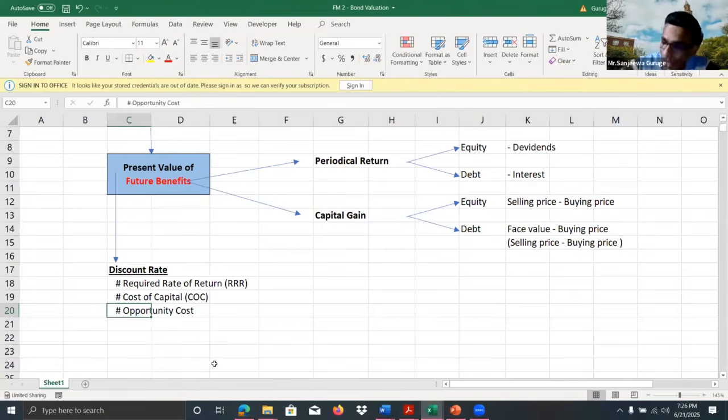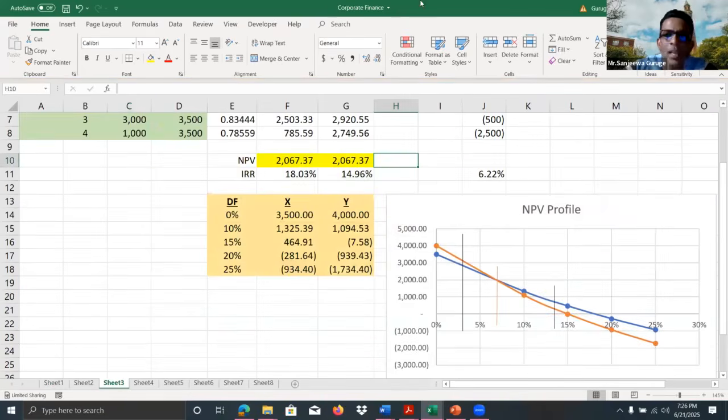Because whenever you are analyzing a particular investment, different investment alternatives, when you are selecting the best alternative, what is the minimum return we should get? The return that we can expect from the next best alternative. That's why it should be better than the next best alternative, and that's why the term opportunity cost is very correct. It's very good that all the relevant terms are in the answers, right? That's good.